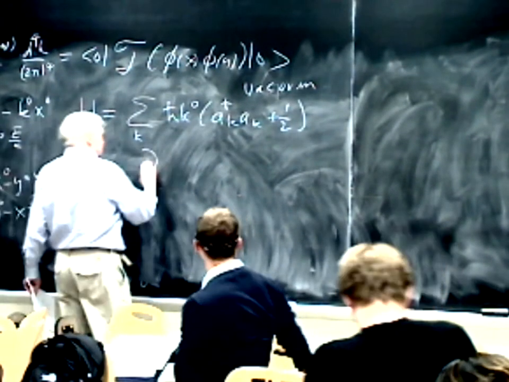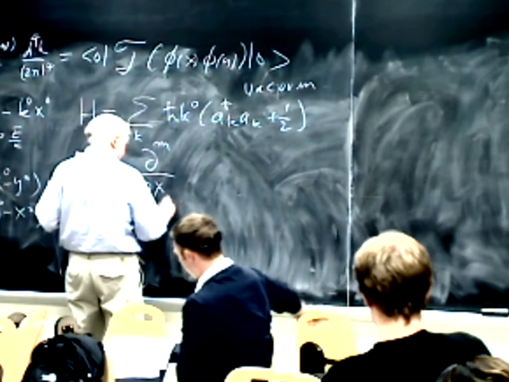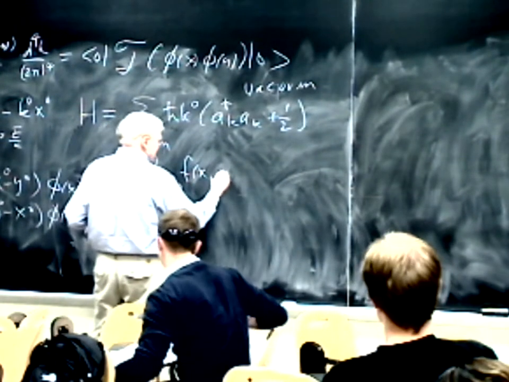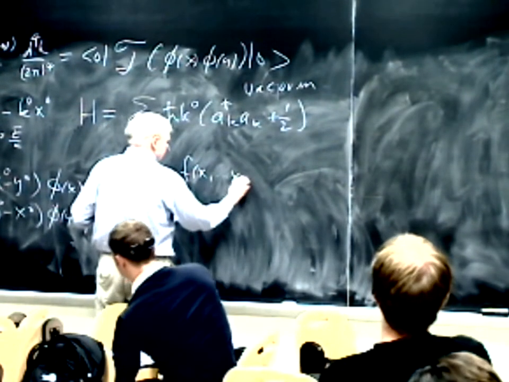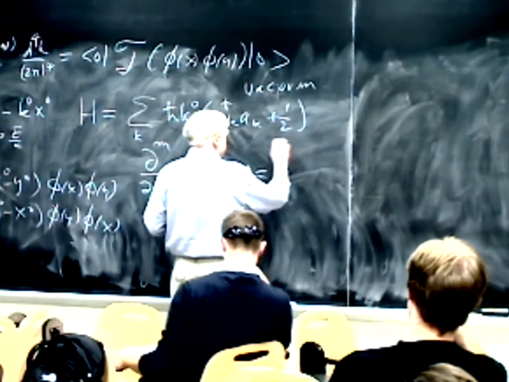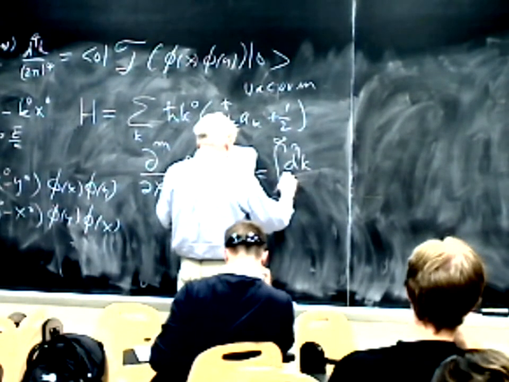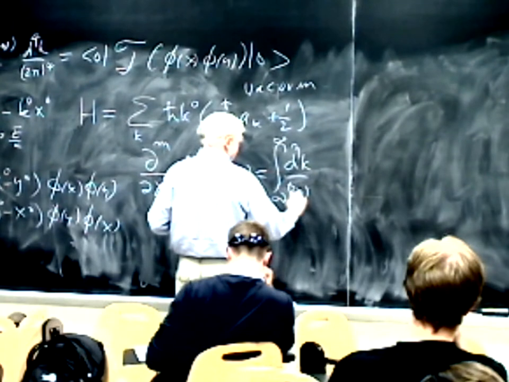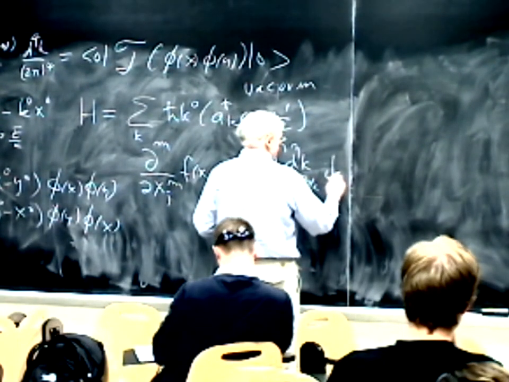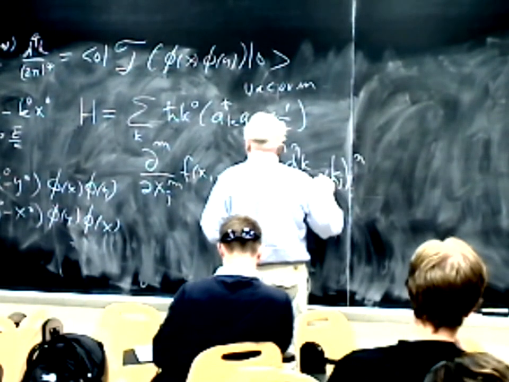And so then we can take the mth derivative with respect to xj of some function f of x1 through xn. And this will be the integral from minus infinity to plus infinity. I'm just going to write this as d^n k over (2 pi) to the n over 2, sorry. And this is just i kj to the m,